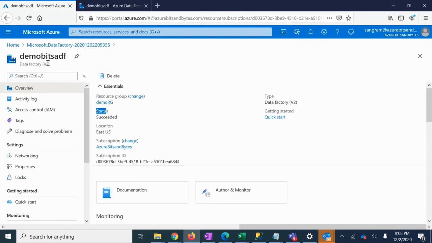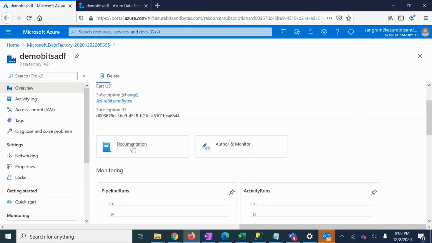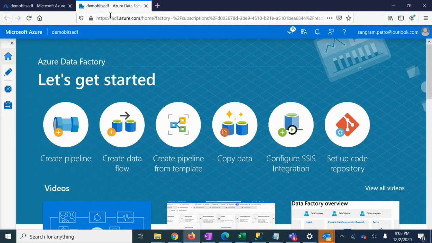So this is the data factory which got deployed, and we can see some additional properties. So under the overview section, you can see some properties like resource group where this data factory is present, and then the location of this data factory and few other information. If I scroll down, I can click on this link to watch out for some documentation about data factory. And this is important, author and monitor. So this will take us to a different page where we need to really build our ETL pipelines. So we'll come here later.